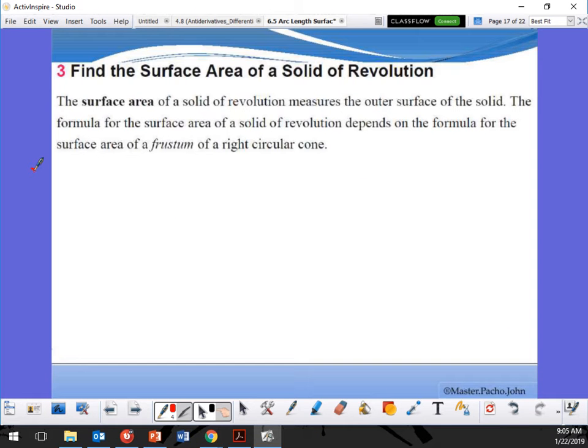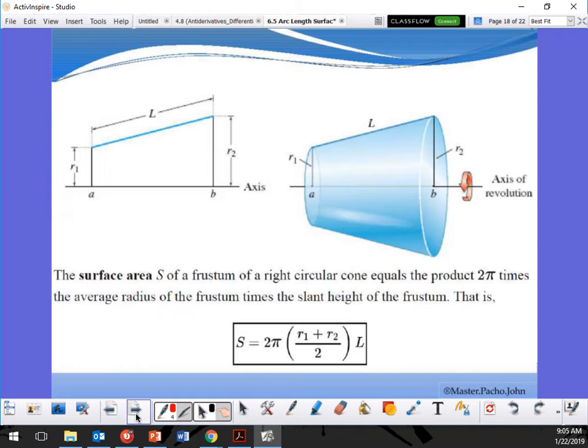All right, this is 6.5, Calc 2, arc length. Okay, so we're finding the surface area of a solid of revolution. This whole thing is kind of complicated, but if you look at the formula, it makes a lot of sense. Now, the surface area,